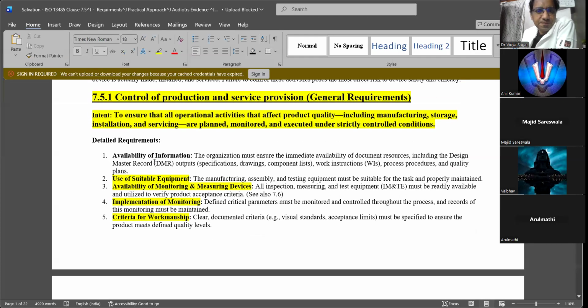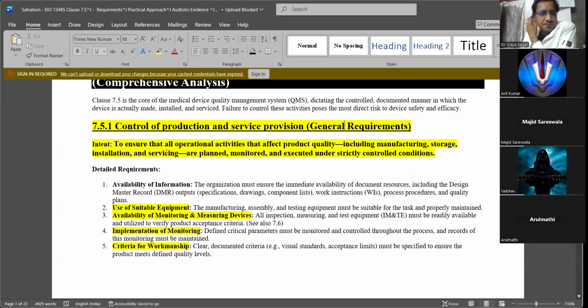This is what control of production and service provision talks about. The intent is to ensure that all operational activities that affect product quality, including manufacturing, storage, installation, servicing, are planned, monitored, and executed under strict controlled conditions, including your storage. You'll have two or three processes where sometimes you need to have storage of your components, or you need to do some assemblies.